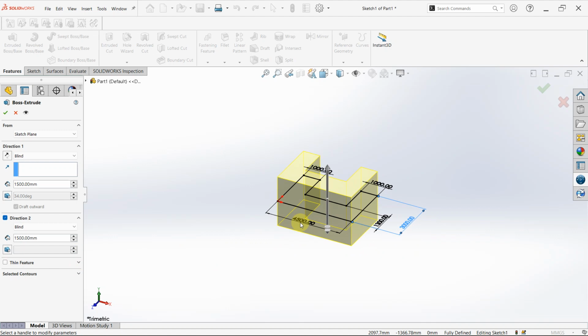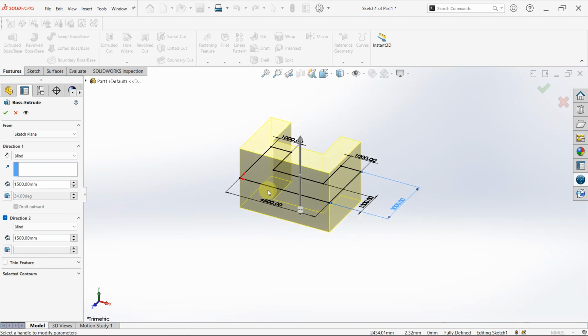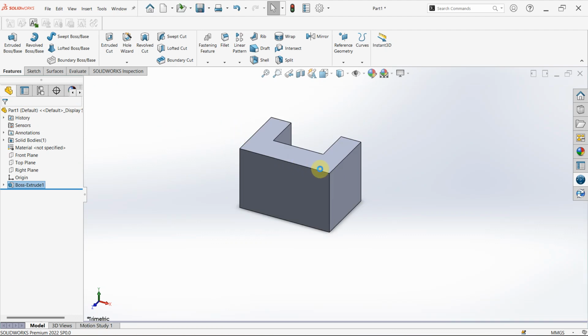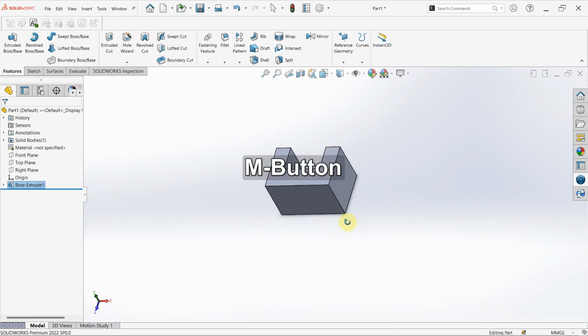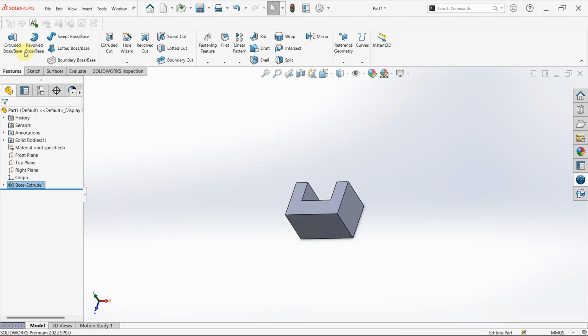I'll also show you how to use that option too. So now this is how to extrude in Solidworks. That's it. To use the other option, which is the thin feature, I'll create